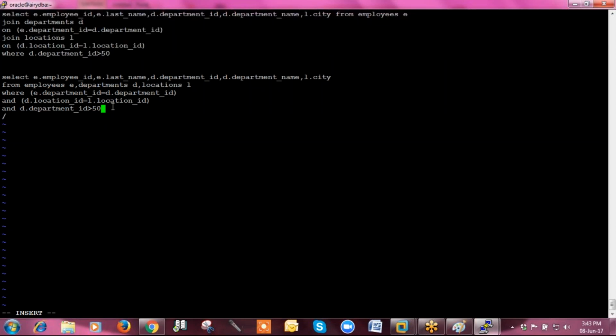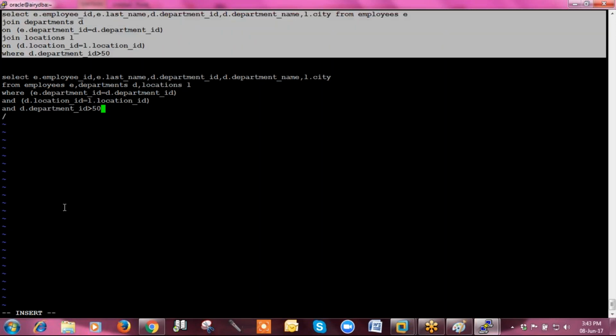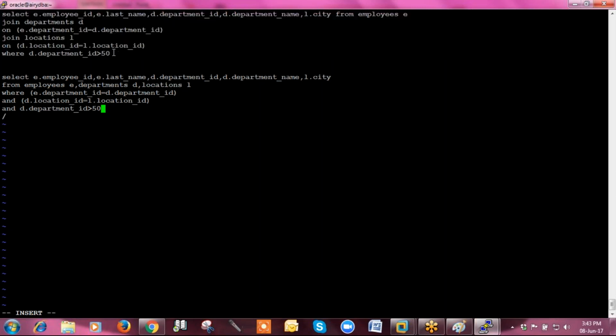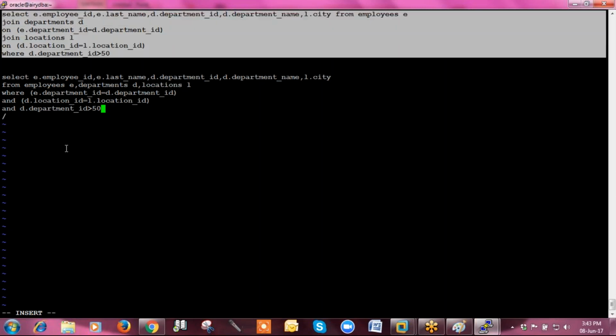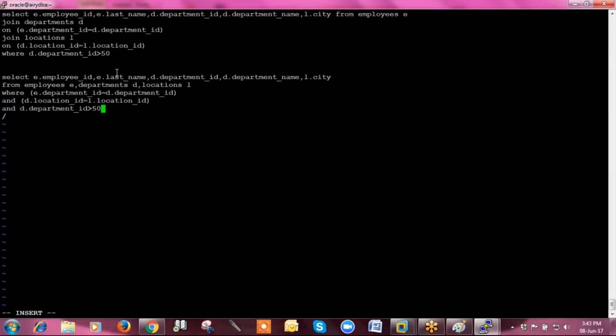Yes, this is the latest syntax, the join word is used latestly. This is the present one, right? SQL 99 is the standard, and this is the old one to write the same syntax. No join keyword, no ON clause. So if I write the same syntax, you will get the same output.